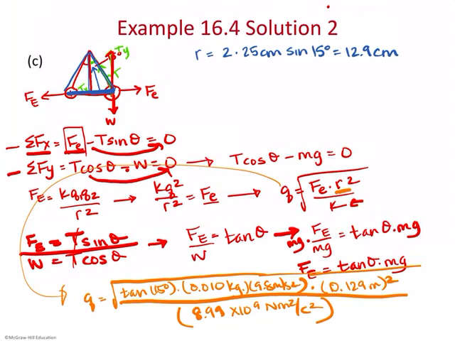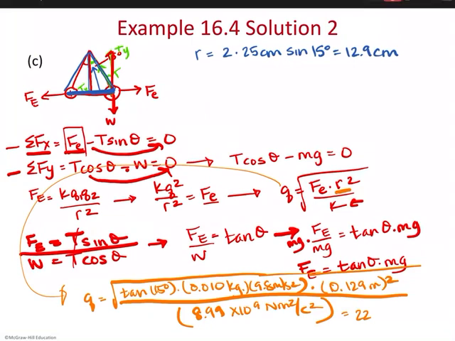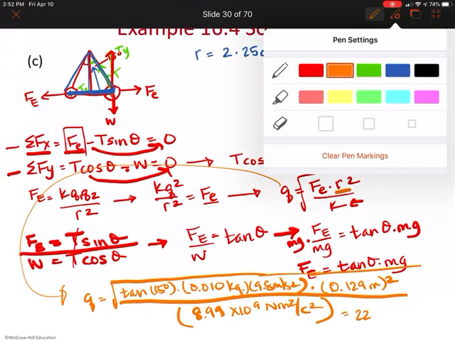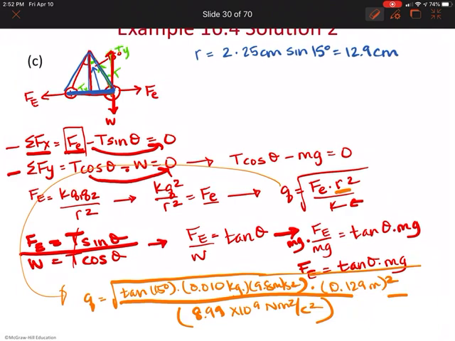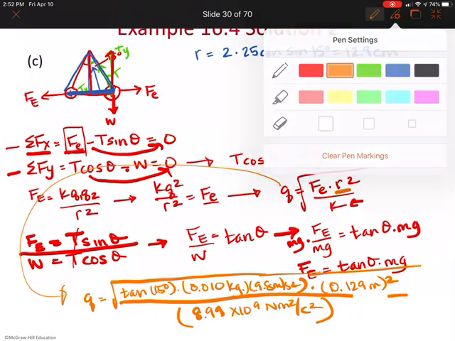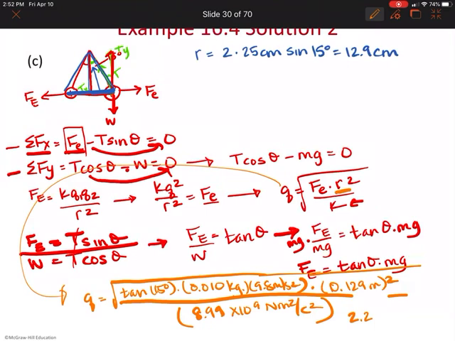Multiply all that and do the square root, and you should get, sorry, not 22, but 2.2 times 10 to the negative 7th. This is all in coulombs, by the way. Or you could say 0.22